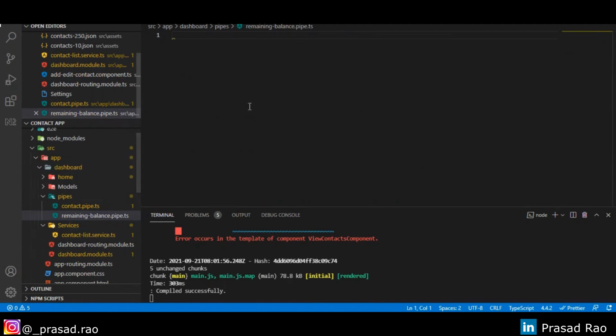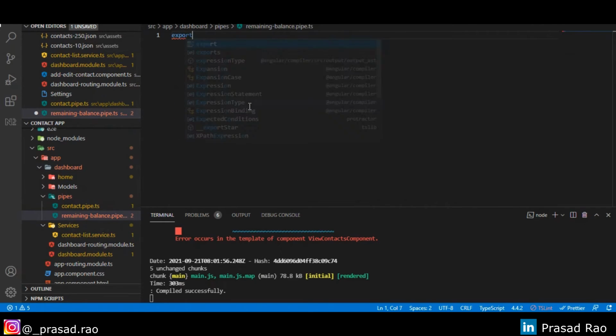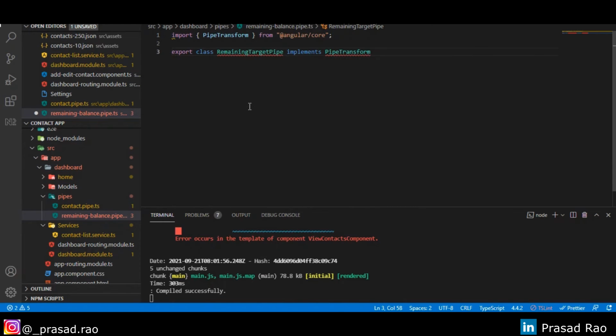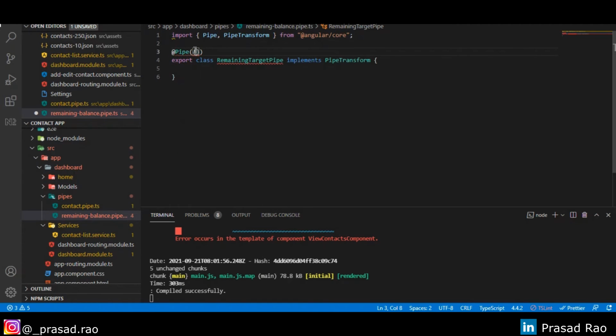Let's call it export class RemainingTargetPipe, which implements PipeTransform. Let's also give it a decorator of Pipe, and let's call it name remainingPipe. As we have implemented PipeTransform, we'll have to implement the transform function.